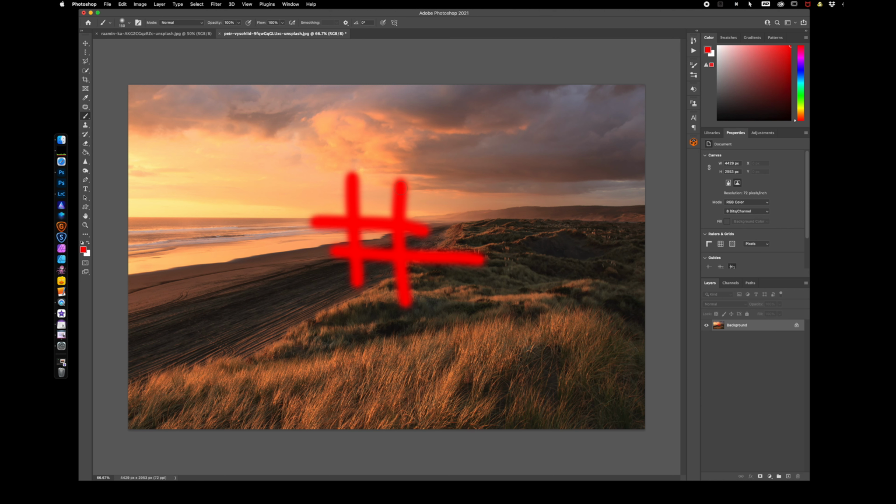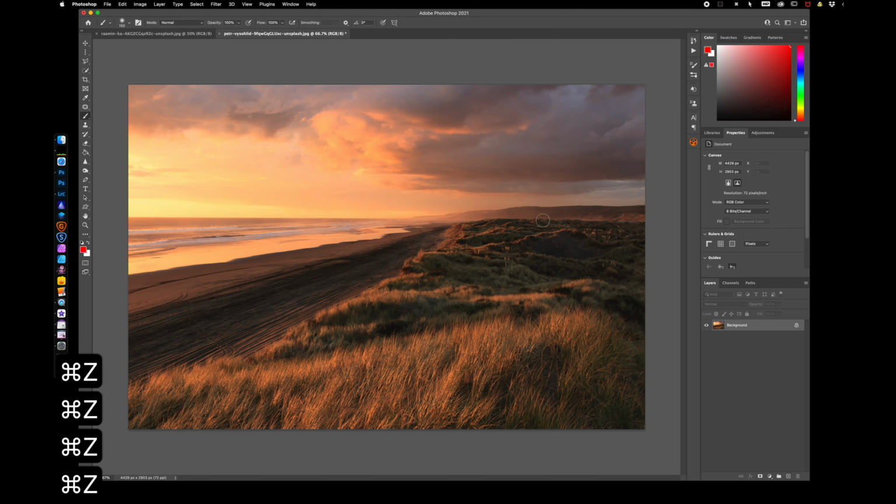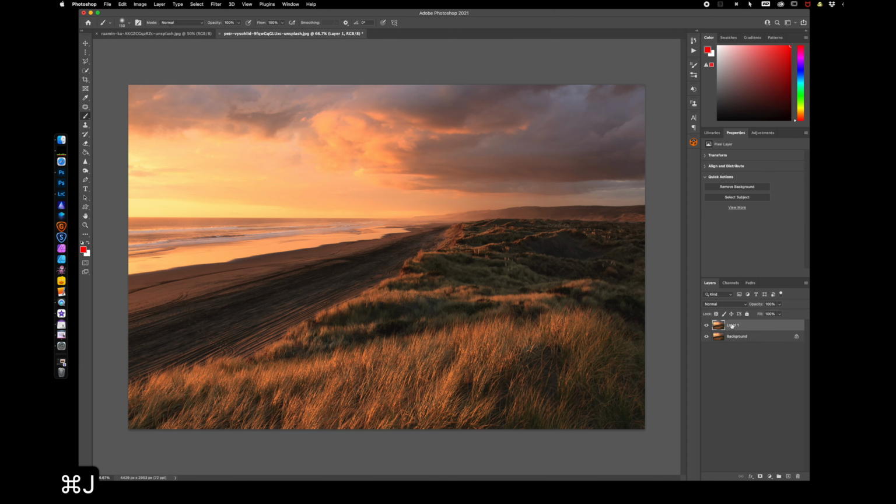The history brush uses a point in history as a colour, and the point in history that is used is pixel for pixel. I will show you this because it is far easier than trying to put it into words. So let's take a copy of this layer, Control or Command J. Let's rename it to our colour exploits,